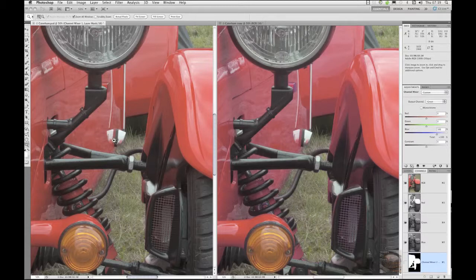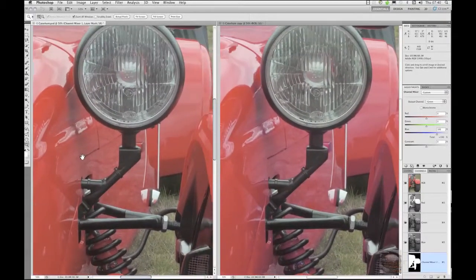Down here on this chrome, on this shock absorber, we've got perfect red colour on the shock absorber itself, even on the trademark logo of the strut manufacturer there. Whereas if we look at it over here, there's no way you could say that that was red, that's magenta, it's pink. So basically this is a far better way of making effective colour changes within an image with total colour fidelity,